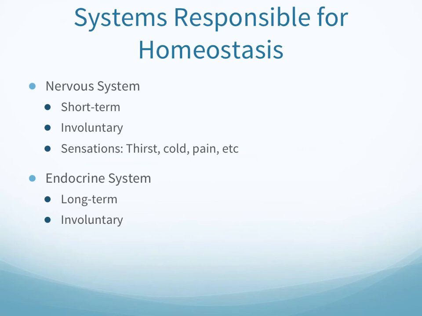So for regulating homeostasis, we need to really focus on two main systems. The nervous system takes care of detection and coordination and then response. And the endocrine system is more of a chemical response, essentially through hormones and release of neurotransmitters, other chemicals in the brain, etc., to respond to changes in the environment.